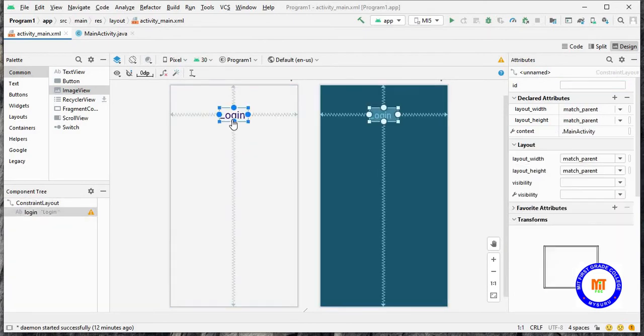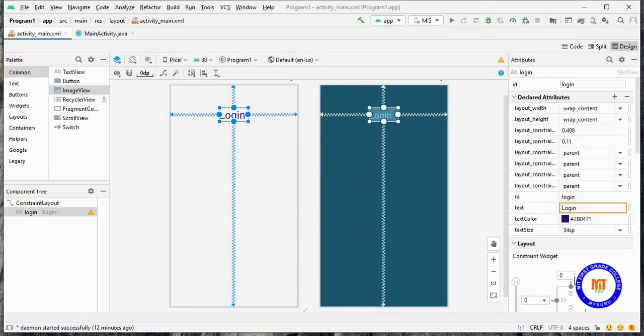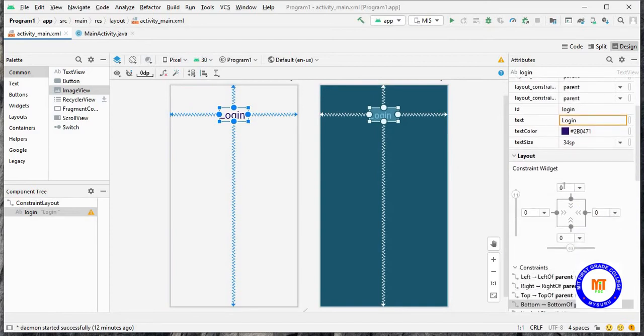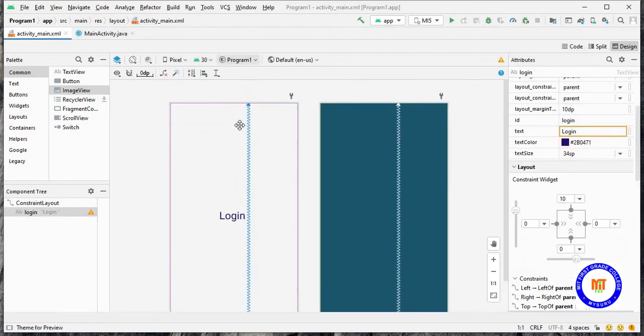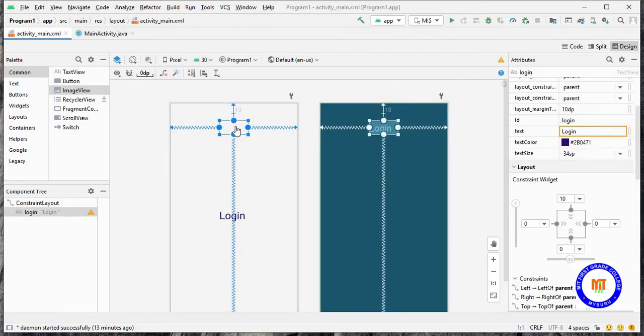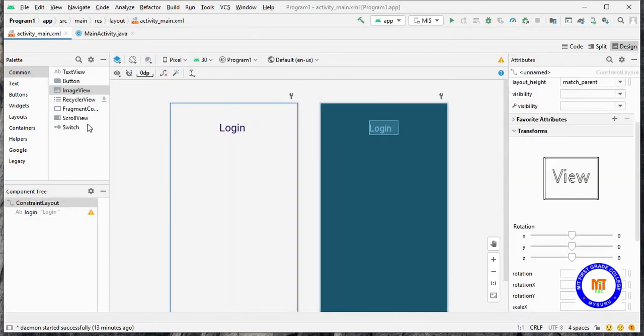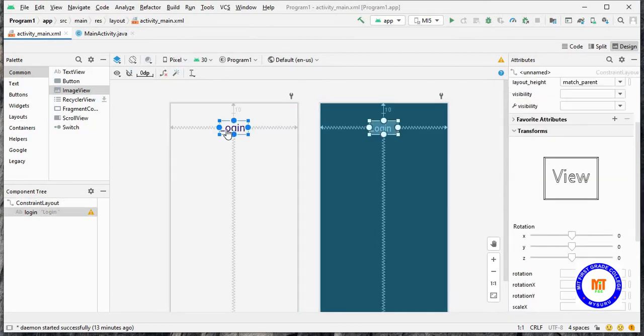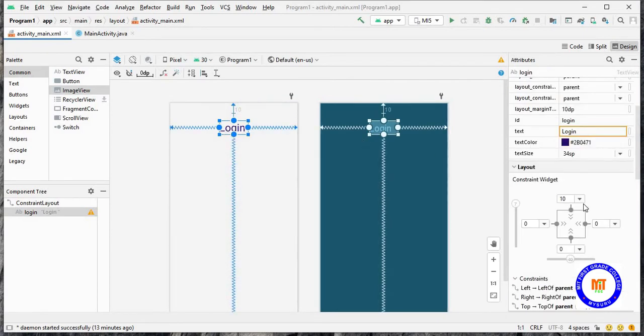So this is enough, and you need to align it in a proper layout. You can align a view in the constraint widget.